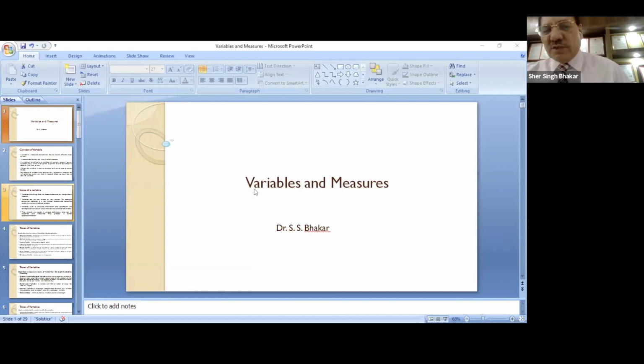So z squared s squared by e squared is for all the mean based tests, and z squared pq by e squared is for proportions. Anyway, you can get the formula anywhere, so I don't have to show you. All right. And the adjustment you can also find on Google. You'll get a number of sites that will give you this.